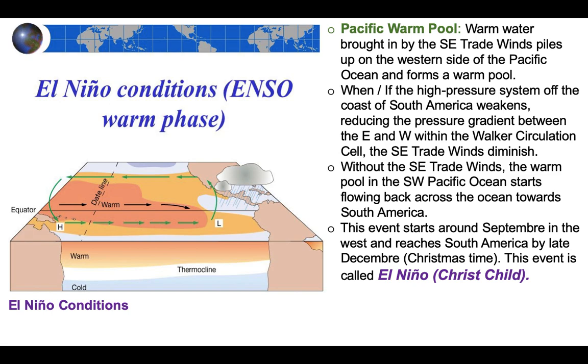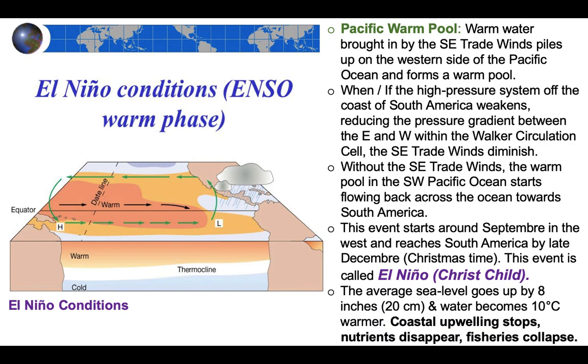And this event usually starts about mid-fall, September in the west, and reaches South America by late December, about Christmas time. And that's why the fishermen call this event Christmas Child or Christ Child, El Nino. And when you have this kind of atmospheric pressure system completely switched around from normal times, with warm water piled up against the South American continental margin,